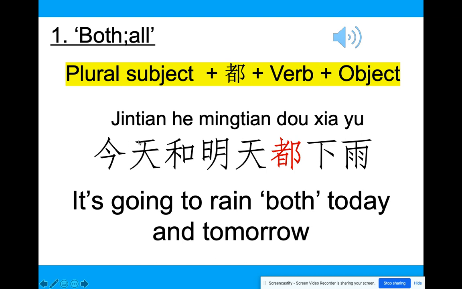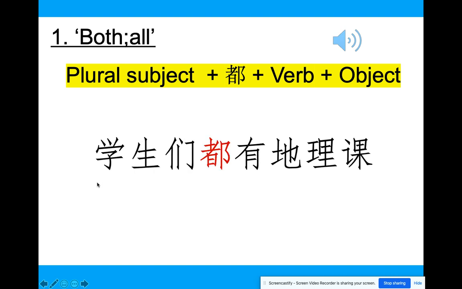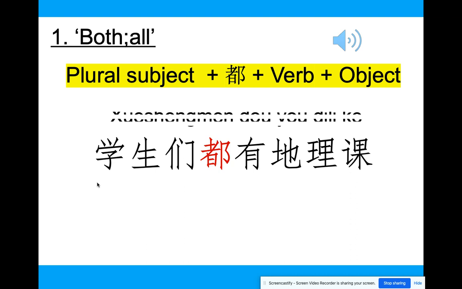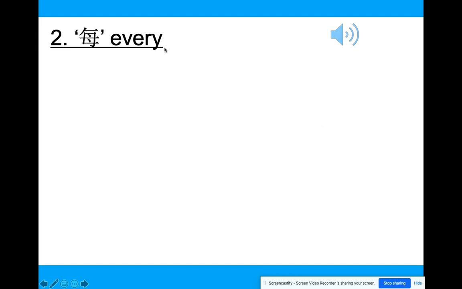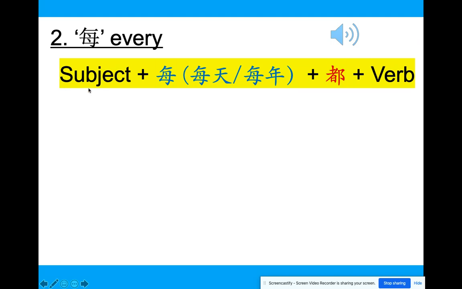Now, because it's both today and tomorrow, it's a plural subject, and you would put 都 after these two days, and then 下雨 to rain. 好, another one. 你来读, you say it. 学生们都有地理课，什么意思？ It means students all have geography lessons. 学生们都有地理课。